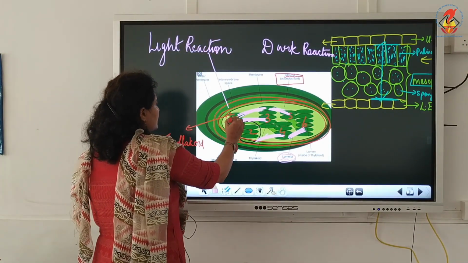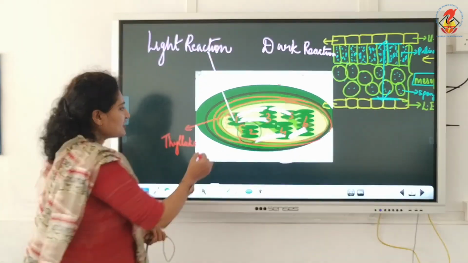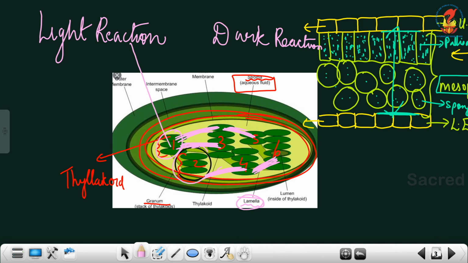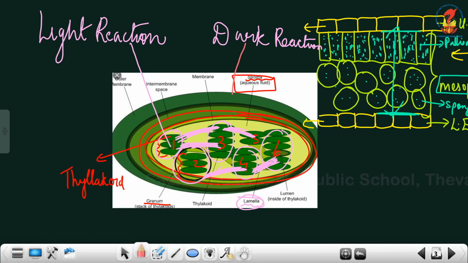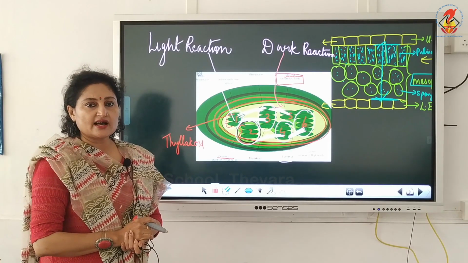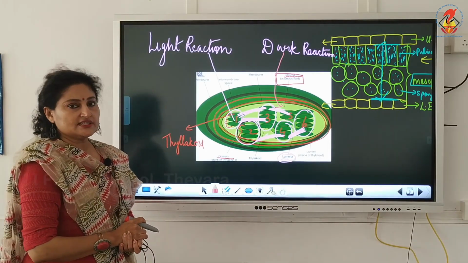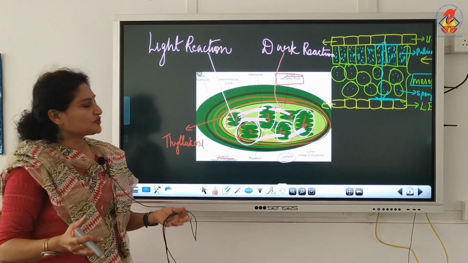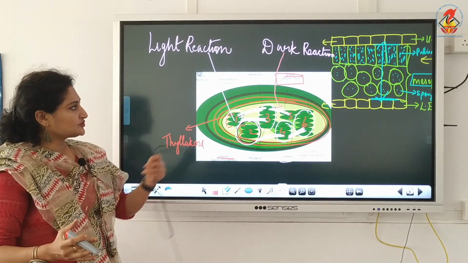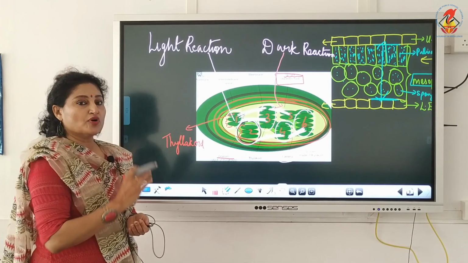Light reactions occur in the granae. So in the stacks the light reaction is occurring. So in all these stacks light reaction is occurring, whereas dark reaction occurs in the stroma. So there is a clear-cut division of labor. Light reaction occurs in the grana and dark reaction occurs in the stroma. Now further, with more differences between light and dark, I will be going to the next portion, but very importantly,